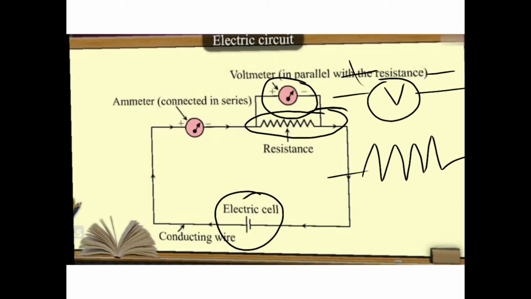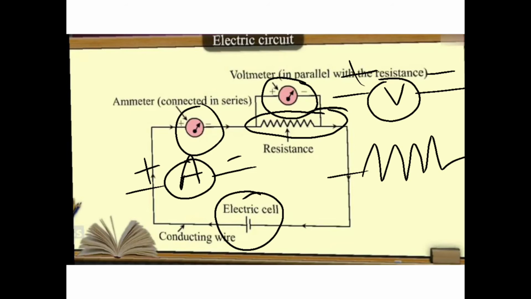And now children, here is something to measure the current. We should measure the potential difference, so we'll come to know that if there is this much potential difference, then this much current will pass. So to measure the current, we have something called the ammeter, denoted by a circle and then A inside. Plus and minus, this is called an ammeter. That is used to measure the current.